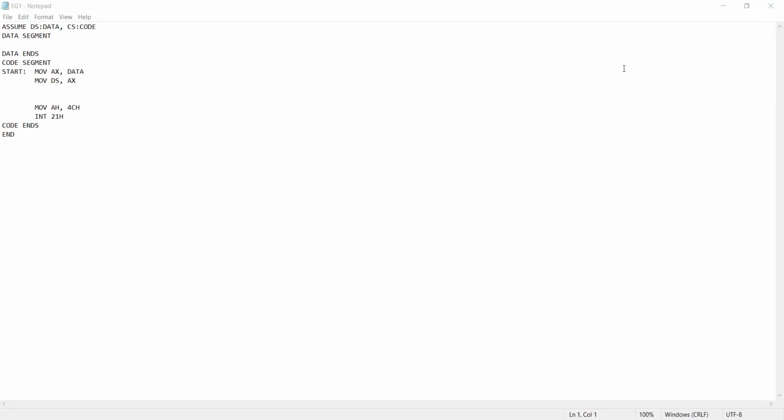Because we cannot directly move the content into the DS register, first we have to move the base address of that data segment into one of the general purpose registers, and then move that address into the DS register, the data segment register. That is the purpose of those first two lines.